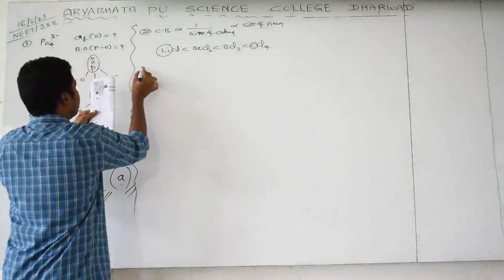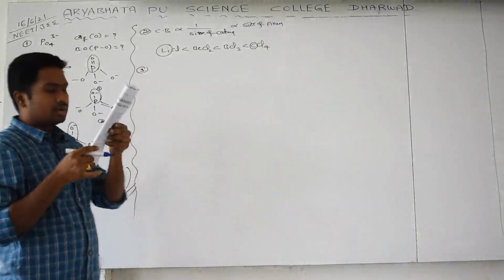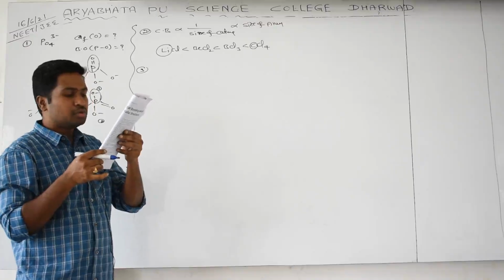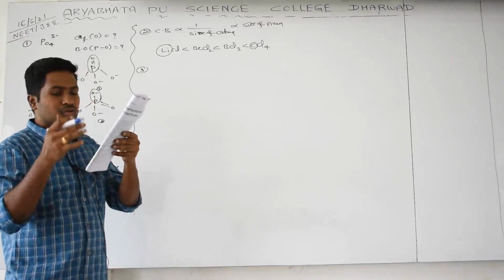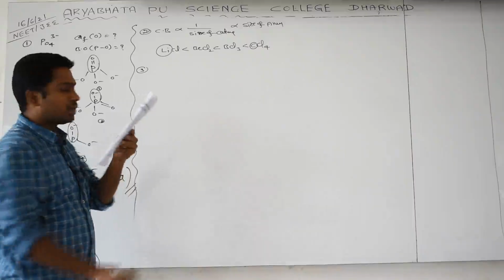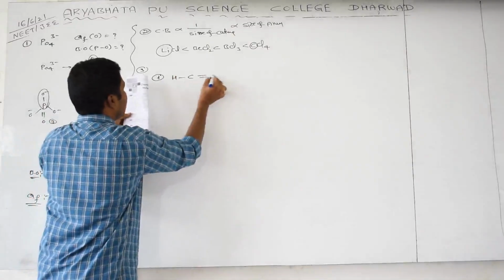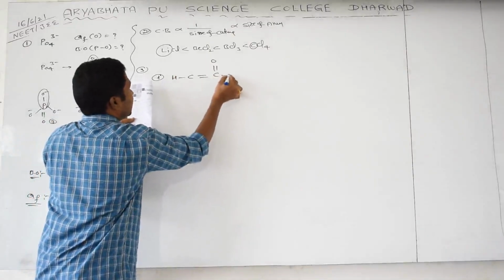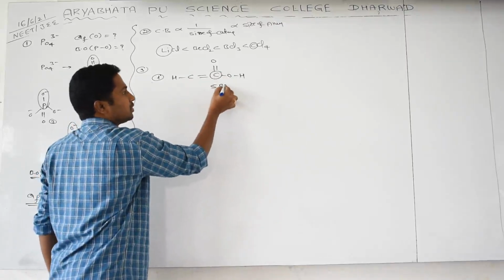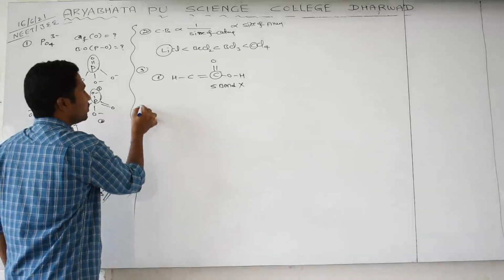Go for the third question. Which one of the following formulas does not correctly represent the bonding capacities of the two atoms involved? So which is not a correct structure? Go for the fourth option. In the fourth option you have H, C double bond O and OH. You check it here, the carbon has 5 bonds. That is a wrong concept actually. Carbon should get only 4 bonds. And go for the next question.